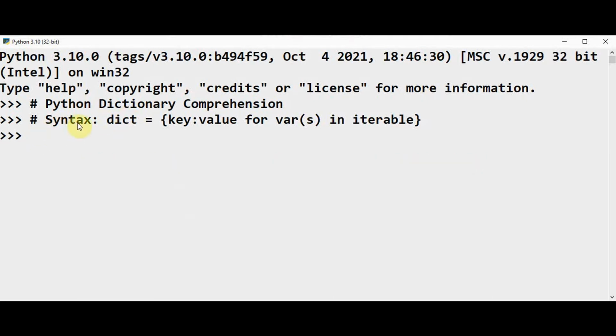So this is the syntax for dictionary comprehension. Within curly brackets, key colon value for variable or variables in iterable. Now let's create a Python dictionary from a single iterable. I will do it with a string, list, and then using a range function, because range function also returns an